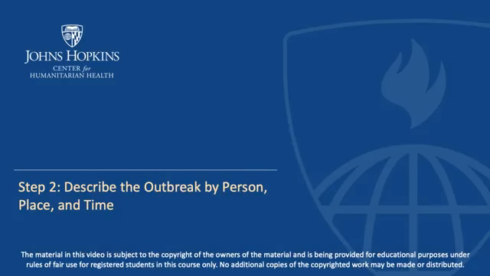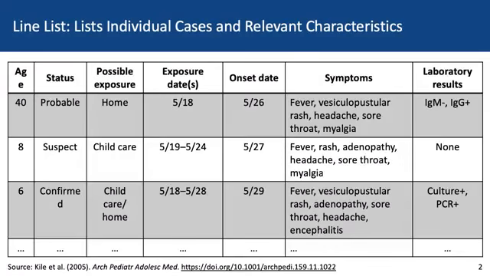Step 2 in an outbreak investigation is to describe the outbreak by person, place, and time. The key to all parts of an outbreak investigation is usually the line list. A line list provides a list of each individual case and their relevant characteristics. In this line list, for the previously described prairie dog monkeypox outbreak, we show the age of cases, their status